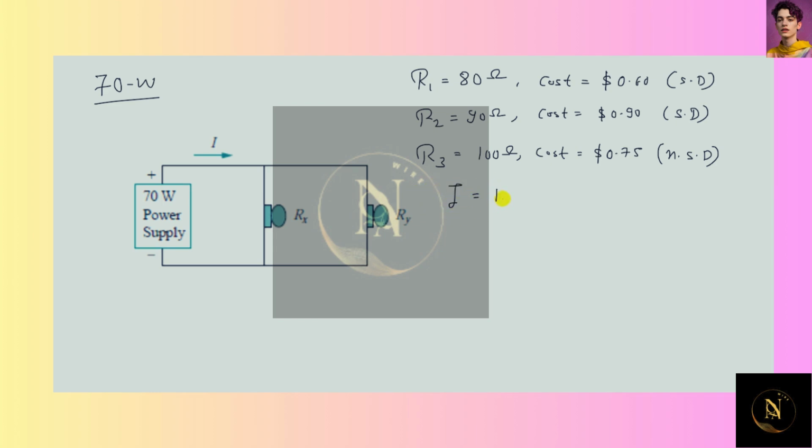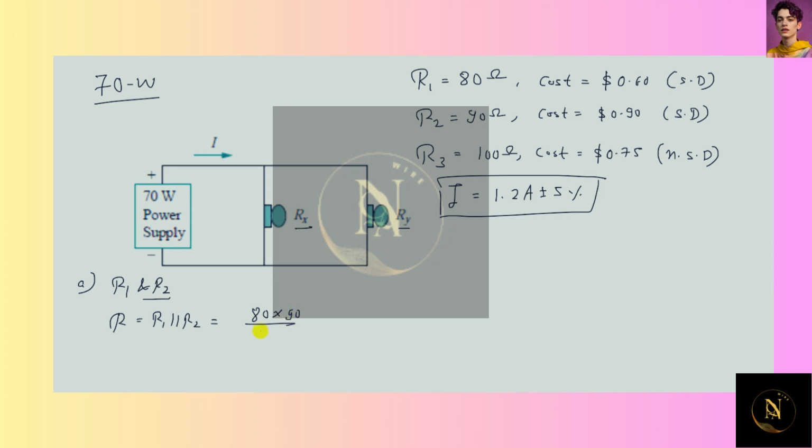The system should be designed for the minimum cost such that I is equal to 1.2 ampere plus or minus 5%. Here we are applying some permutation and combination. Say first we are using R1 and R2. Now these are in parallel, so R equivalent is R1 parallel with R2, which is 80 multiplied by 90 divided by 170